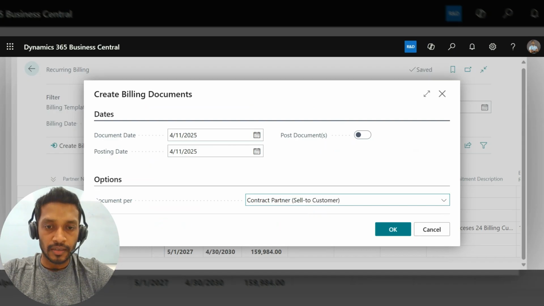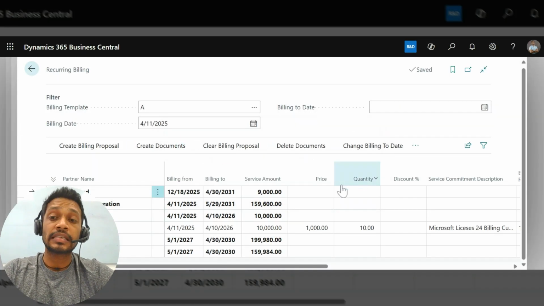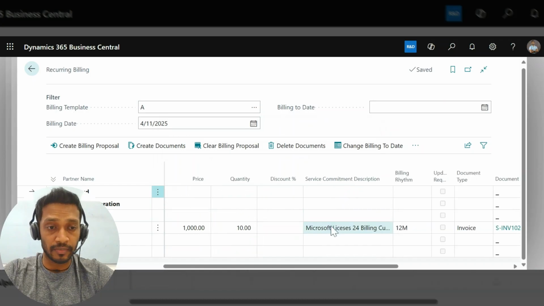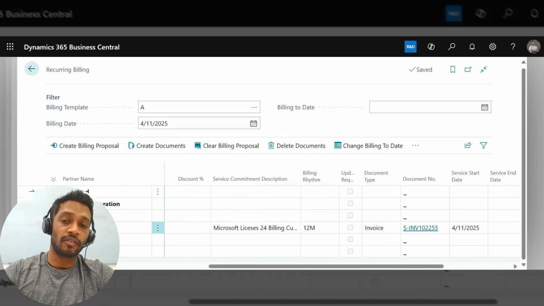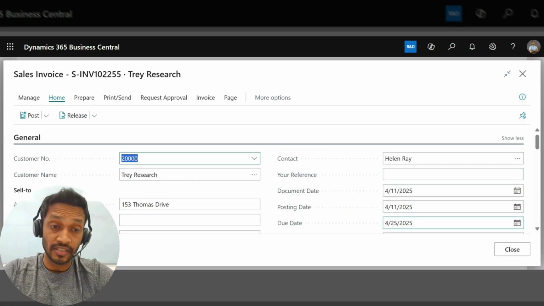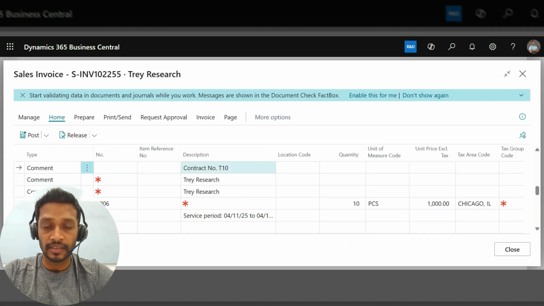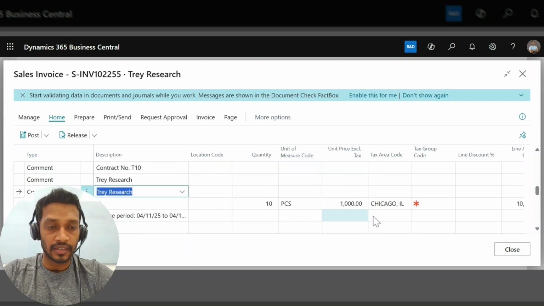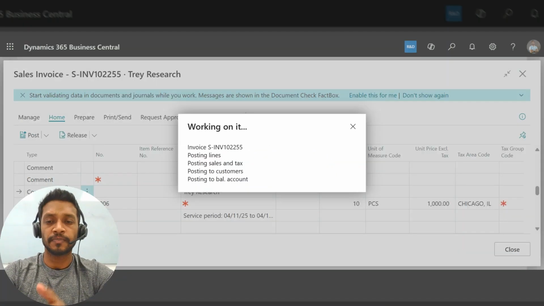Contract partner, let's get invoice recipient. Okay, now I created another sales invoice for this service commitment. If I click on here, or you can directly go to the sales invoices. If I click here, I'm getting a line like this. Contract number, customer name, and this is the item, these are the values. Then let's preview this. If I go to preview posting,